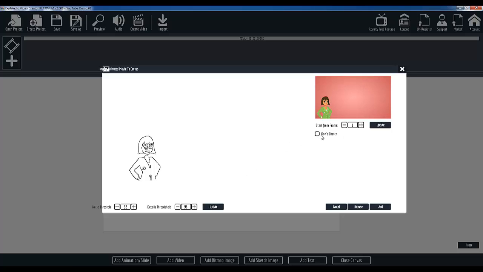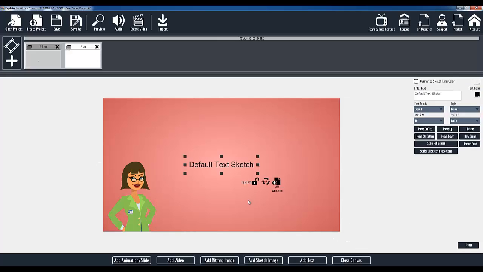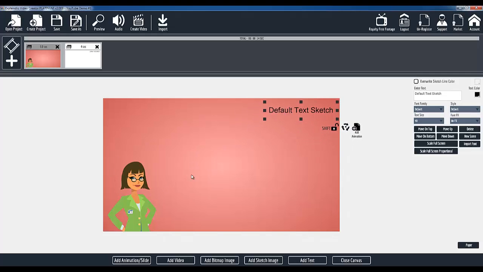If you want, you could say don't sketch. Also, if you want, you could start the slide at any frame in the animation. It doesn't have to be the first one. So when you're ready with that, you would click Add, and then we want to add text. This text that I'm going to add is going to appear at the end of this animation that I've just brought in. So it's going to say,